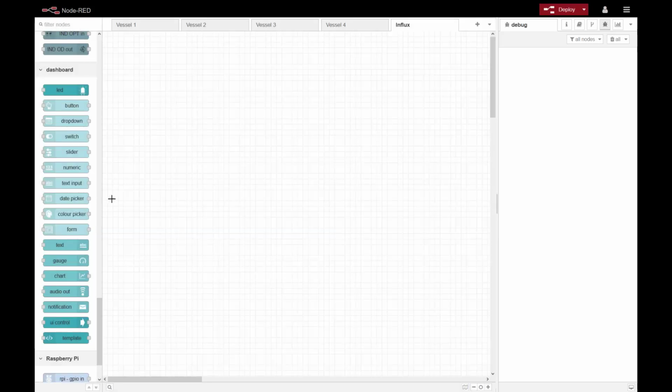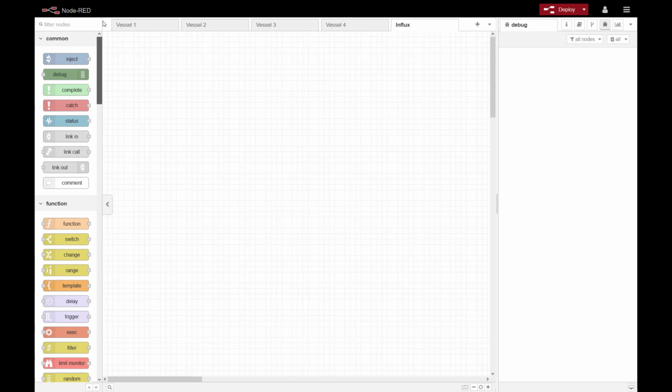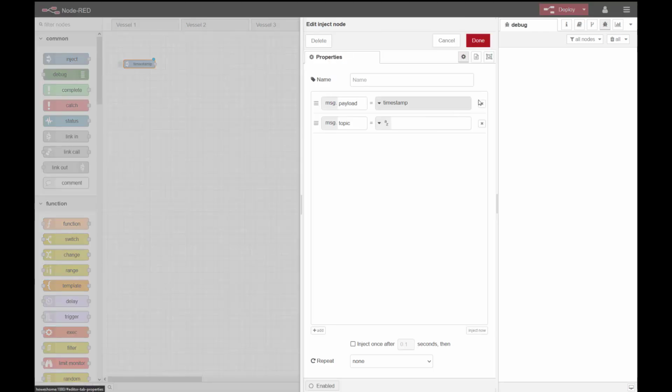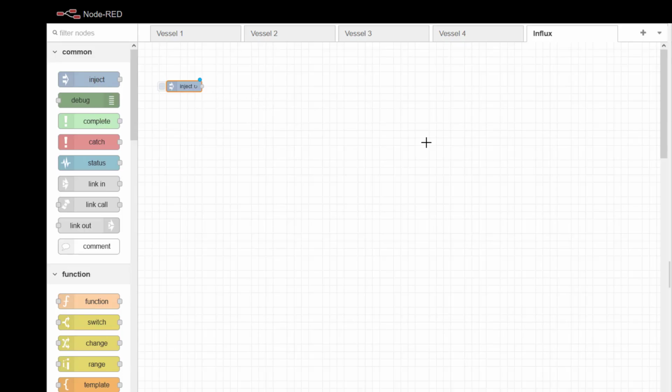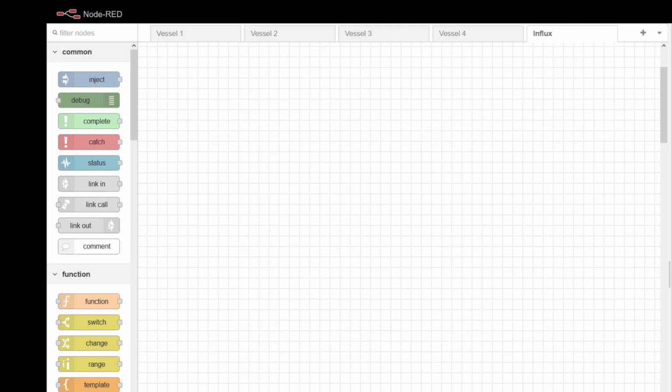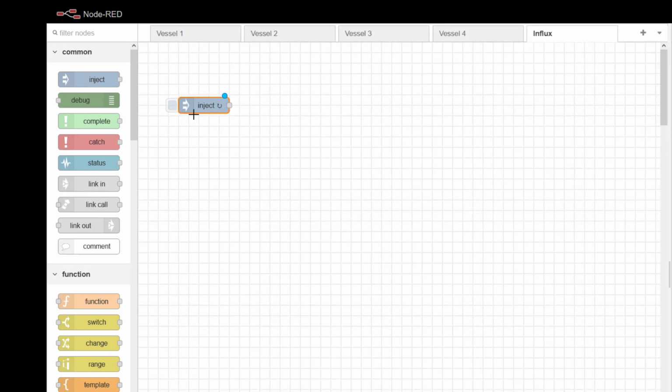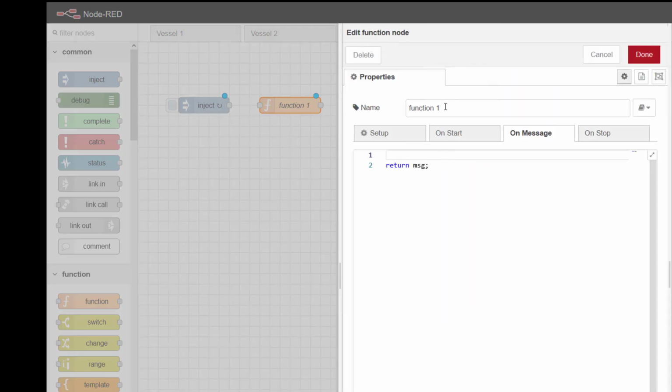Okay, and I can trigger that information in. I can link it to the flows, but I'm just going to do it every second, so I don't need to do anything special. I'm just going to inject on an interval once every second. Let's just make this bigger so you can see it. So there we have it. Now I'm going to have to add a function. I'll go in and edit this. So we'll call this